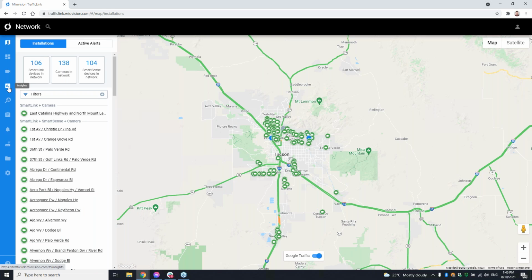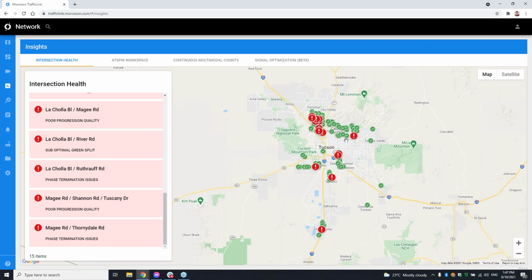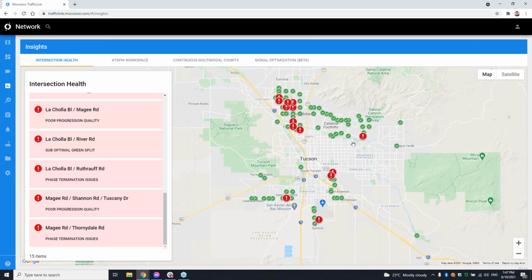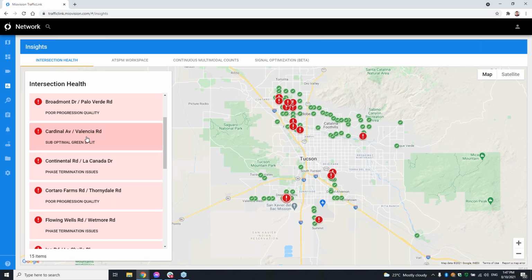But looking along the left here, I'll go down to the Insights tab where our intersection health is. I often think of intersection health as the starting point. So often when Olivia's doing her exercises and she's looking through that data, we start with this perspective. Is it an ongoing problem? Is it an ongoing alert? Is it a major issue? Sometimes they're very specific issues, or specific scenarios or programs, like dining under the lights. We're just trying to assess volume changes or performance changes based on a very specific scenario. But for the most part, you're looking at major operational consistency in data. And when you have a large deployment like this, intersection health becomes a very helpful tool.